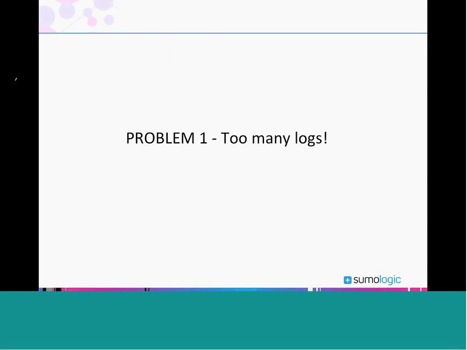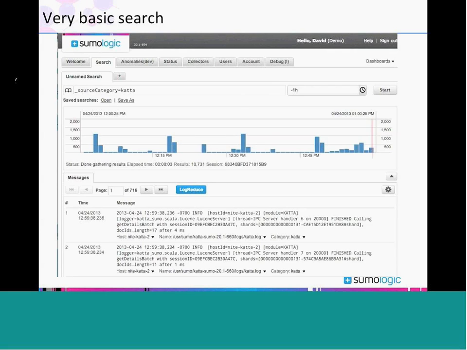So the very first problem is too many logs. In the diagram before with the big infrastructure stack, that's a lot of data just in terms of volume and in terms of different kinds of logs. If you're collecting from the operating system and your database layer and your custom application code, this is just a lot of logs to take in. And you need some kind of tooling, some kind of help to really be able to break it down to something that's human comprehensible. So this is a very basic search.